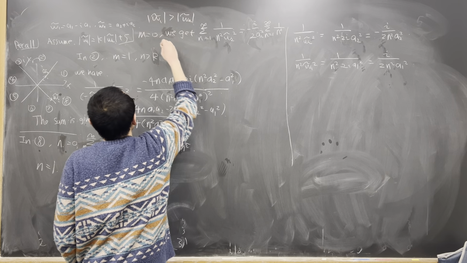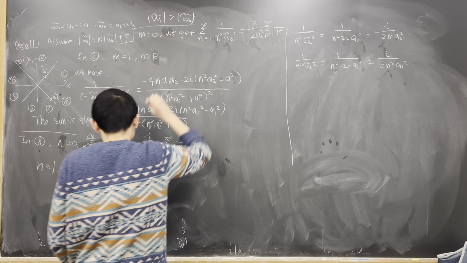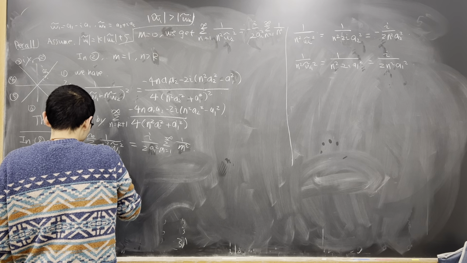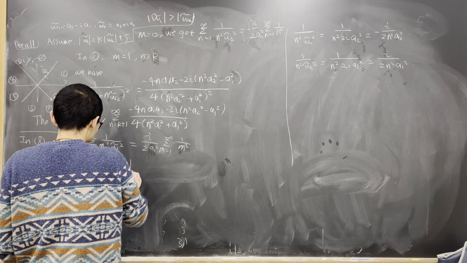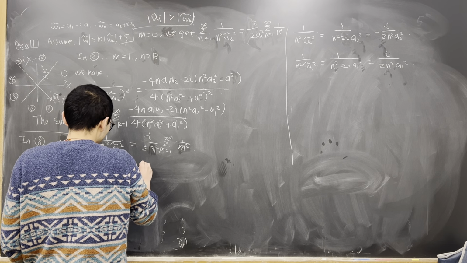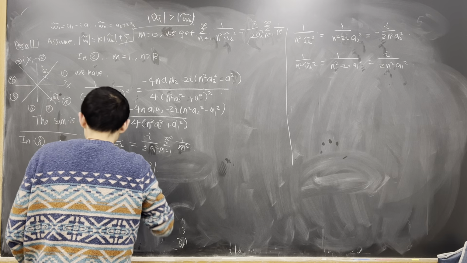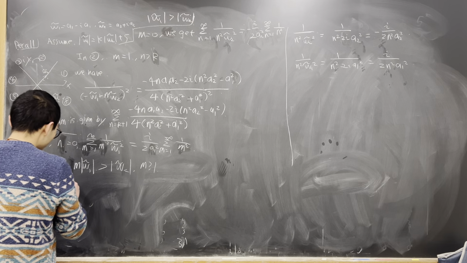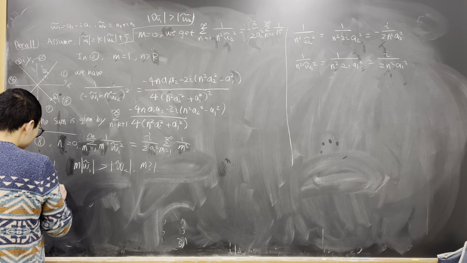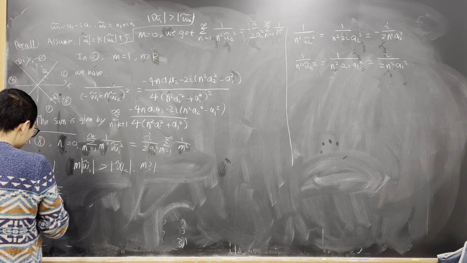Okay. So this is our assumption. So this guy is bigger than this modulus of omega 2 for our m bigger than or equal to 1. So therefore what we get is that the sum is just m equal